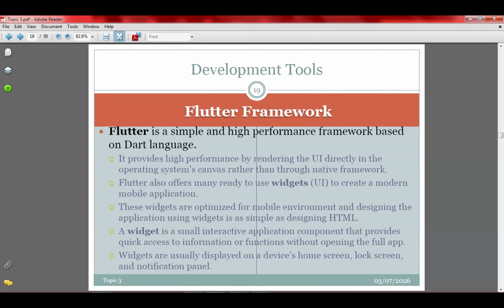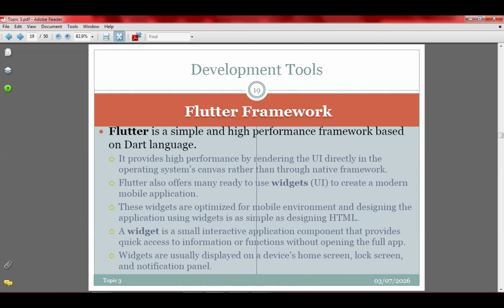So the Flutter framework will allow the mobile app you are developing to run on Linux, or you can convert it to run on Windows, on macOS, on the Android operating system, or iOS. Flutter is a simple and high performance framework based on the Dart language. And why is it a framework? Because it allows you to run on different operating systems.